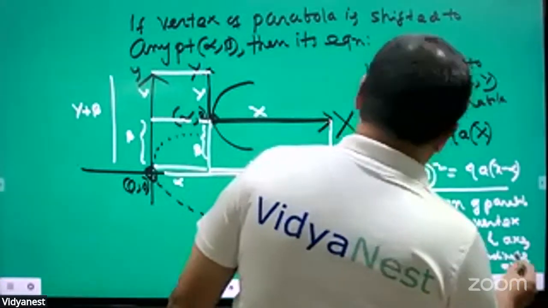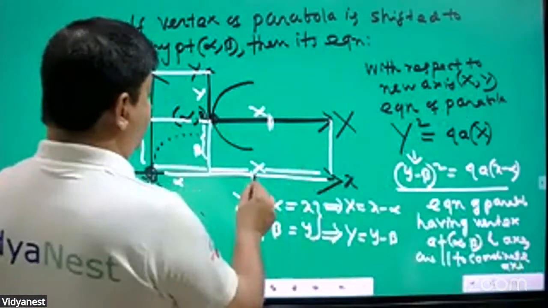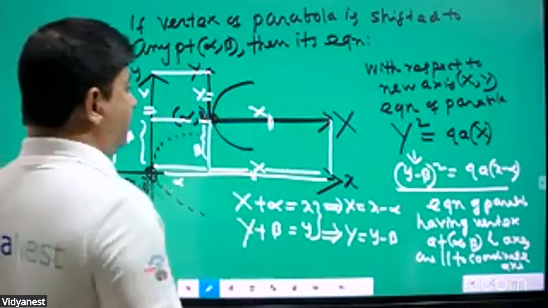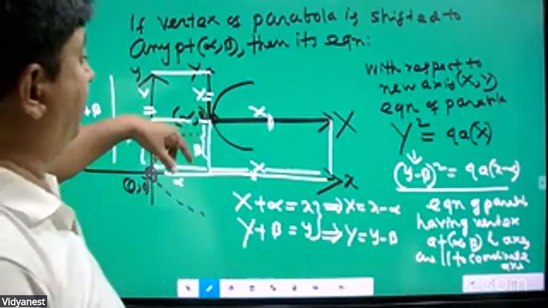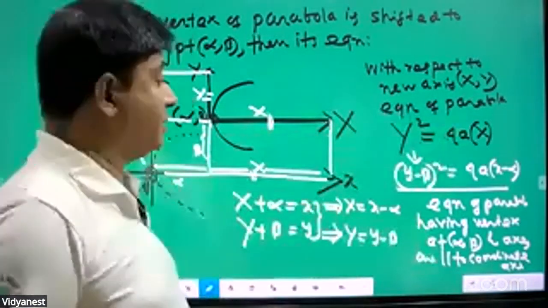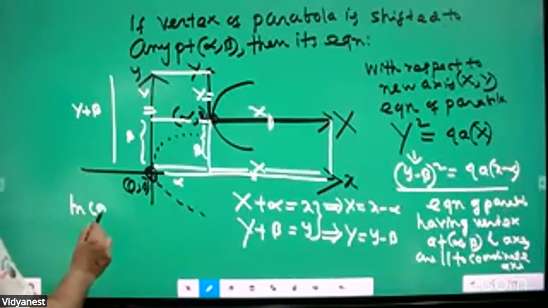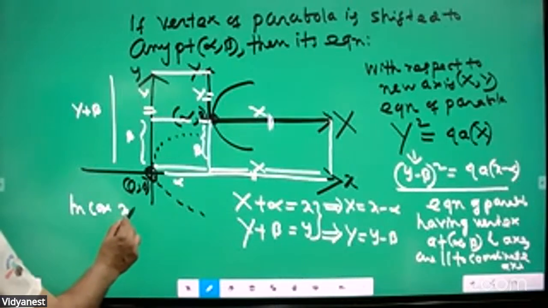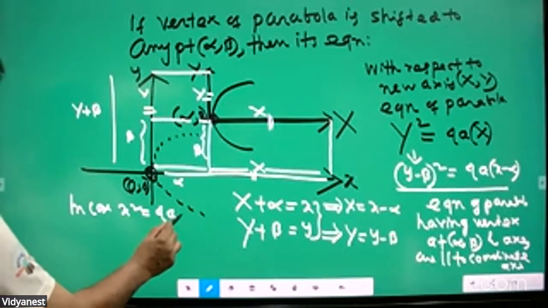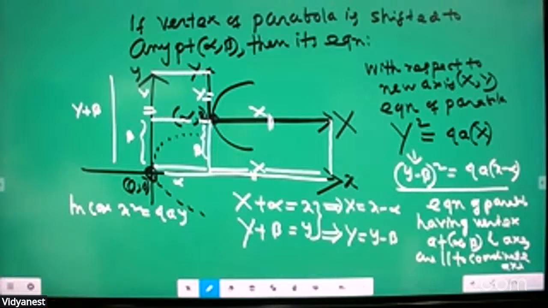Okay, this is parallel to the coordinate axis. So this is of the form y squared equals 4ax. In case of x square equals 4ay, in the same manner like this,